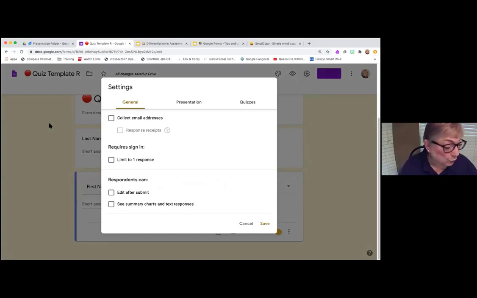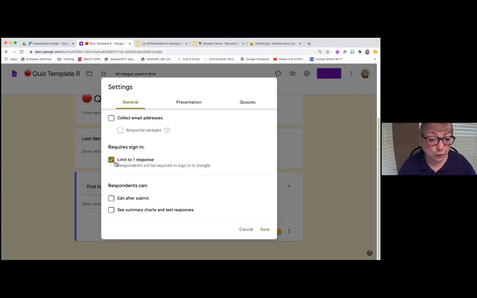So the first thing you want to do is, if you're doing this for adults, you can collect email addresses. Since I'm doing it for students, I don't need to do that because I'm going to have their first and last name. If this is regular education students, you probably want to limit to one response. And they'll have to sign into Google, but in our system, the students have a Google account, so that's taken care of.